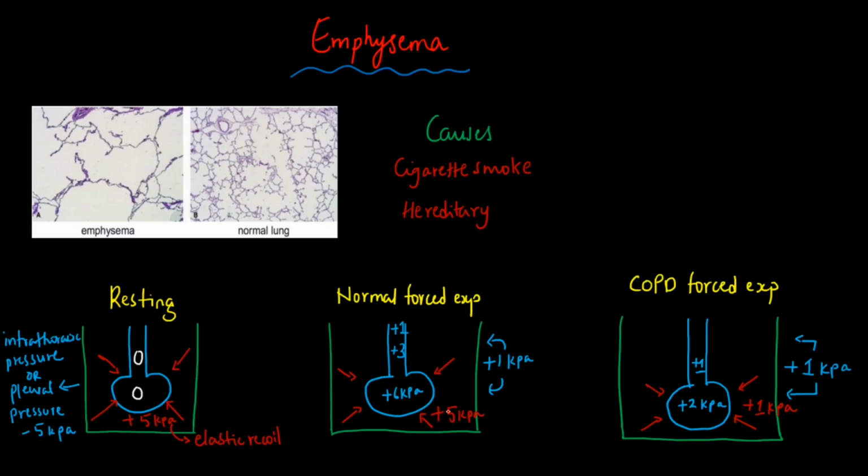So the elastic recoil remains constant. Notice how the intrathoracic pressure has now become positive because you're expiring. Remember, 5 + 1 gives you 6. So this is enough intraluminal pressure to force the air out from the airway in this direction. However, if you continue to have forceful expiration, i.e. if the intrathoracic pressure is increased, you will notice how even you with your normal lungs will eventually become wheezy. And in the last scenario, in COPD, you'll see how the elastic recoil is greatly compromised with a value of only +1,